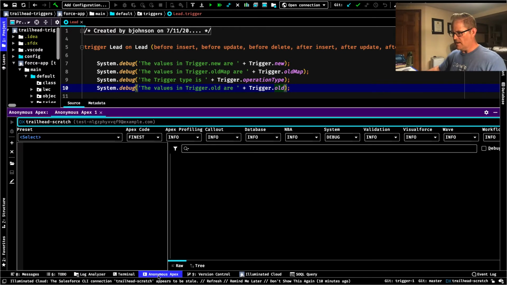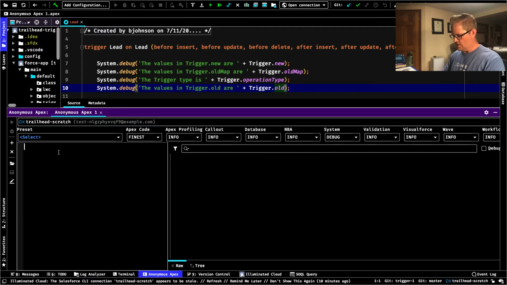And let's open up our anonymous Apex. We're going to create a lead just for test data to play around with, and then we can see what sort of values hit our debug statements. So Lead l equals new Lead, and I always forget what the mandatory fields on a lead are. I think last name, so equals, say, Johnson,